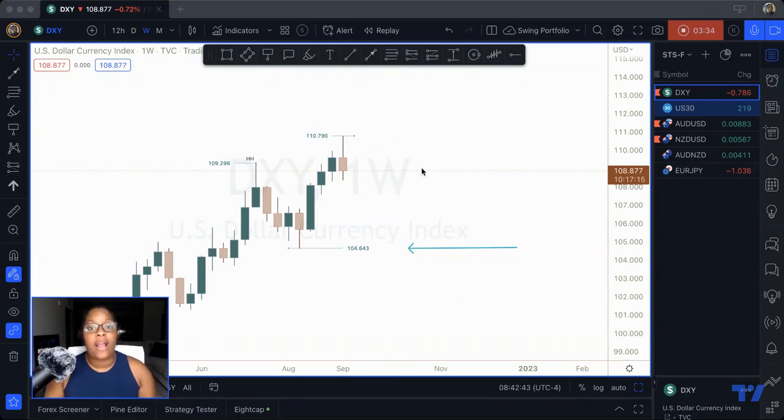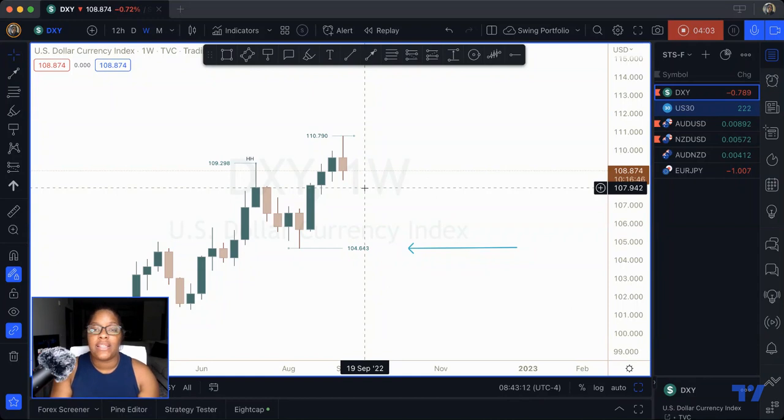Now, for my group, I'm going to do a more in-depth look at how we can know if price is going to pull back on the lower time frames, meaning the daily and the 12-hour time frame, since I am here on the weekly. So if you are in the community, you're going to be able to see me break this down a lot further, but this is just an overall view. It may not happen, nothing in the market is ever 100%. This is just us assuming, based on what we know and what we can see technical analysis wise, because fundamentals can always come and change this, right? But the dollar is still bullish.